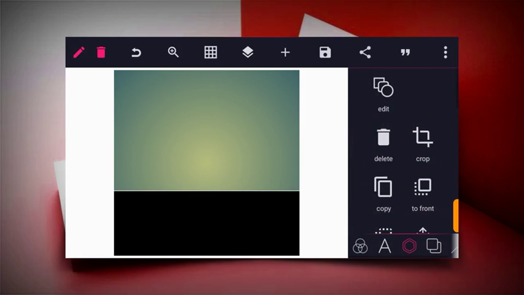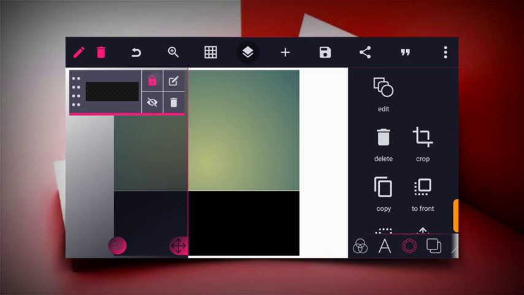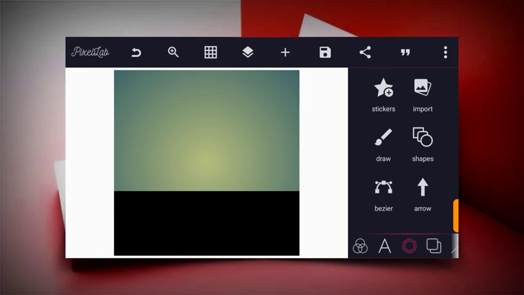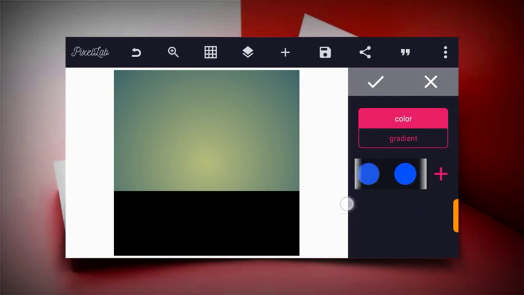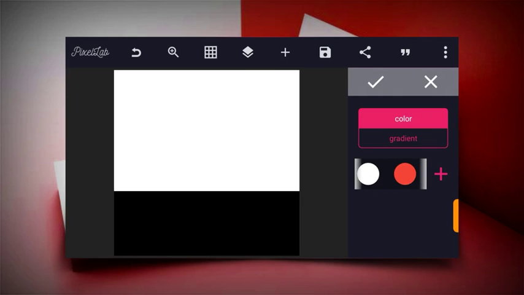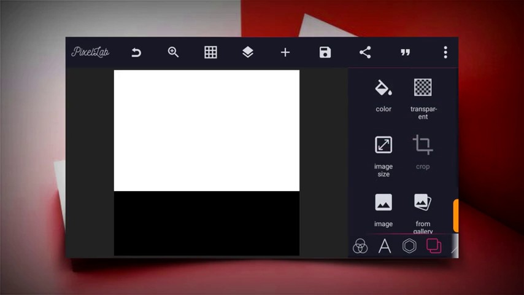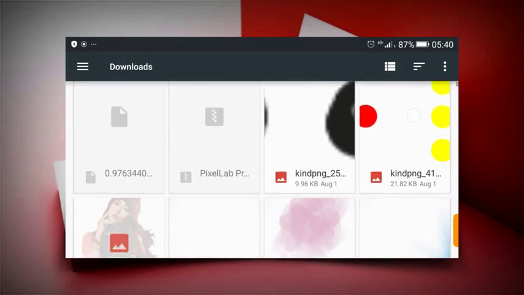Alright, so after doing this, I'll just have to lock this layer and then click on this to change the color of the background. So I'll click on color and then I'll make the color white. So after this, the next thing to do now is to import our pictures and the backgrounds we're going to use. So I'll click on this and click on import